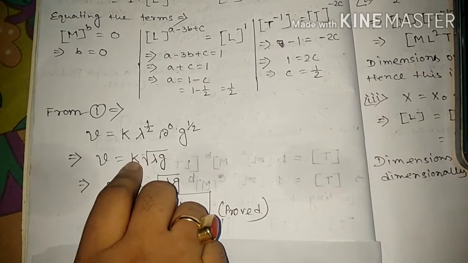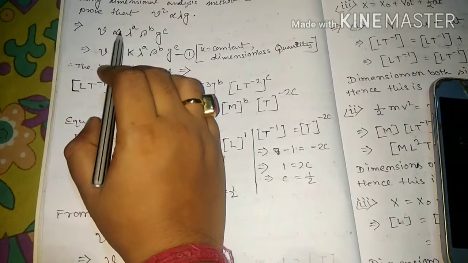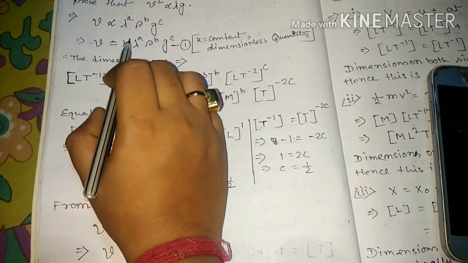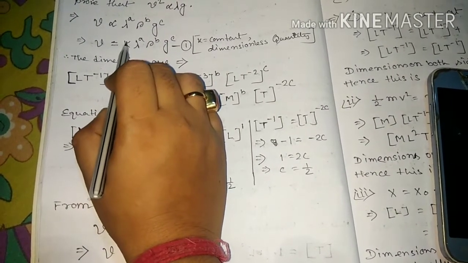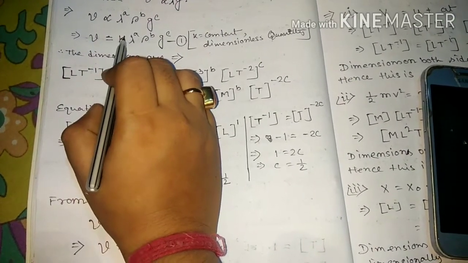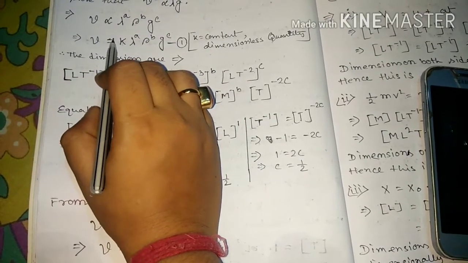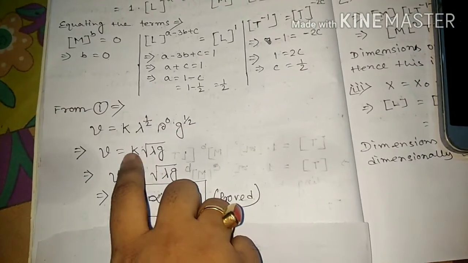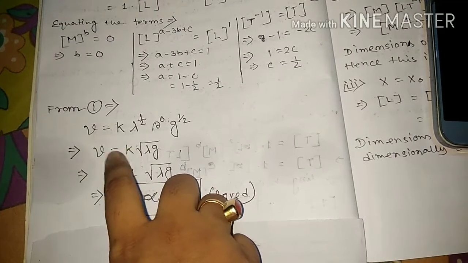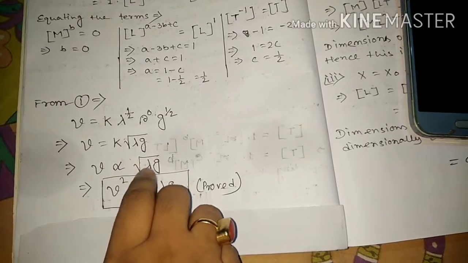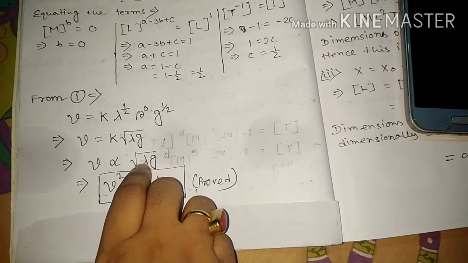Now k is a constant term. If we see the first one is a proportionality sign, no k is there. When we write the k, when we use the equal sign, we multiply it with a constant term. If we don't write the constant term, we can use the proportionality sign. So if we remove this, this equal sign is also removed, and in place of the equal sign we write the proportionality sign. Similarly here, after this we remove k, so in place of the equal sign, we can write the proportionality sign. So v is proportional to root over lambda into g.